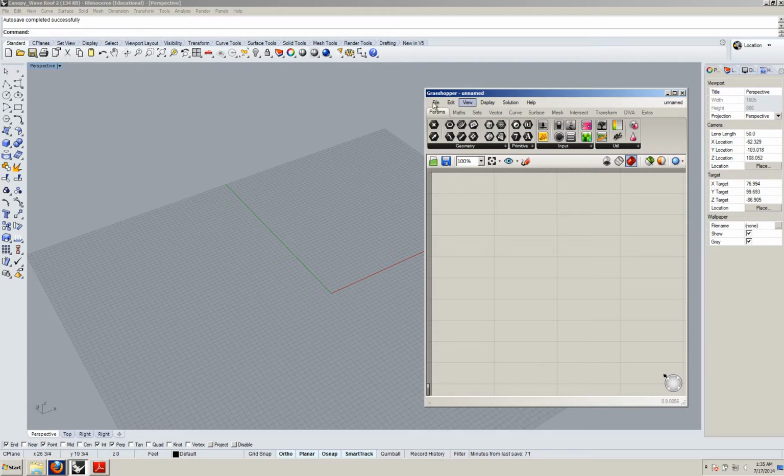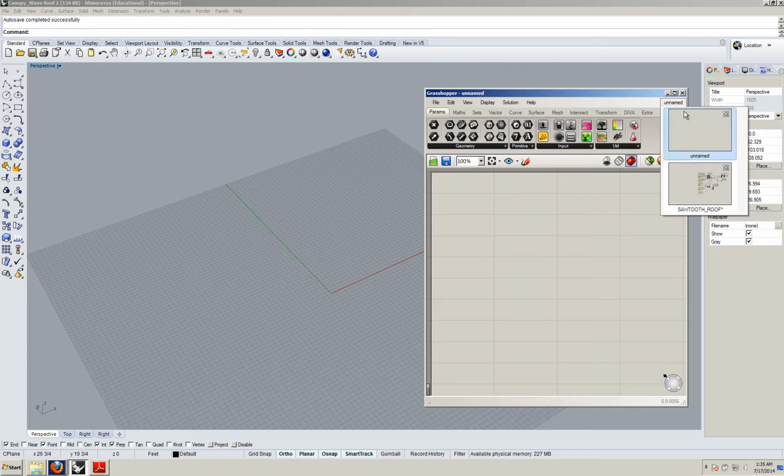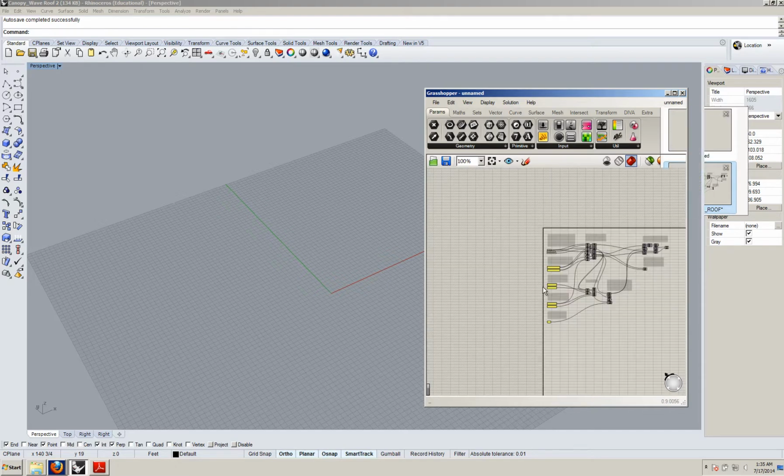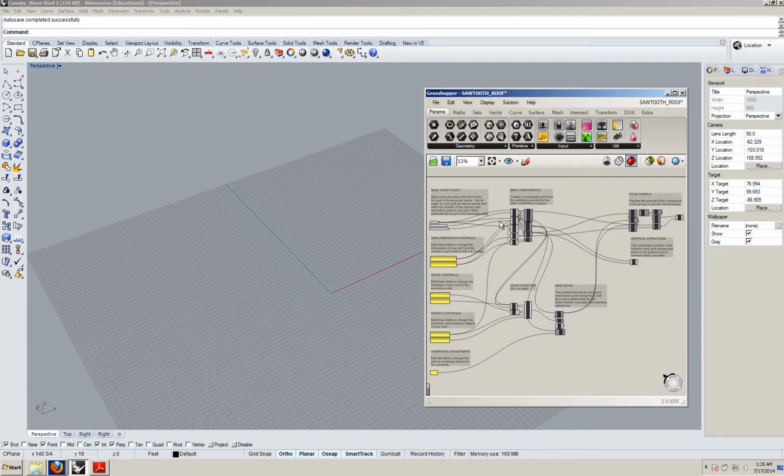And then you want to open File, Open Document, the Grasshopper script that Dan has provided for you. So again, I already have that open, so I'm going to pull it up over here on the right. Remember that in the top right corner, underneath your minimize, maximize, and close icons are all of the open scripts that you have. So this sawtooth roof script is what we're going to be working with. And let's take a look at what has been given here, and then we'll look at what shows up in the